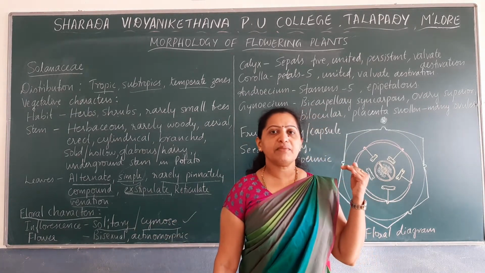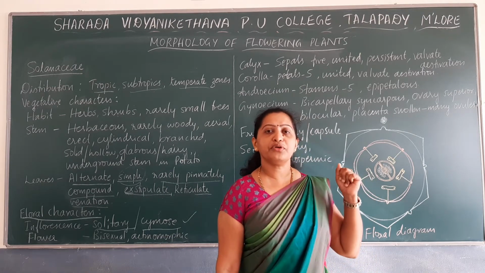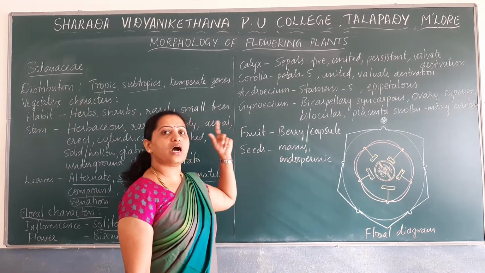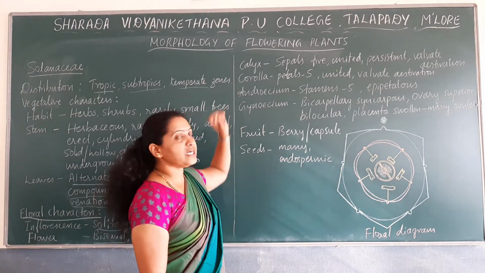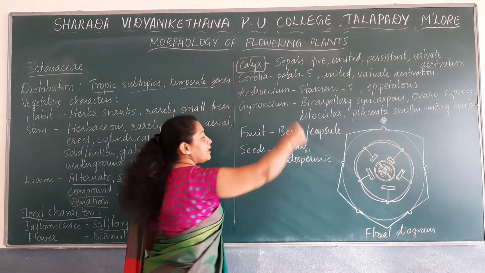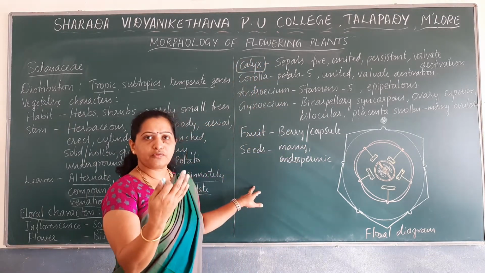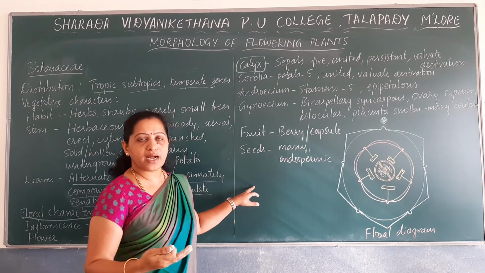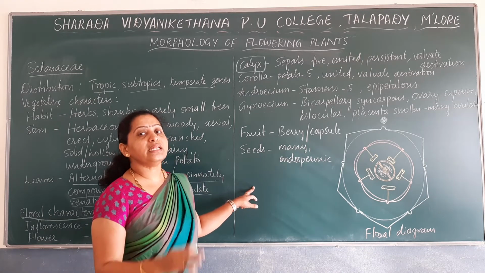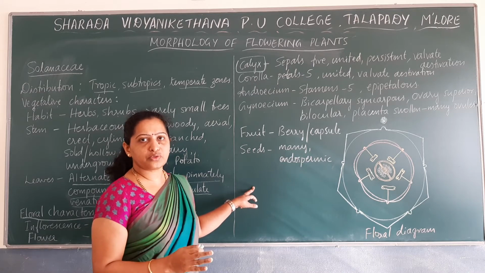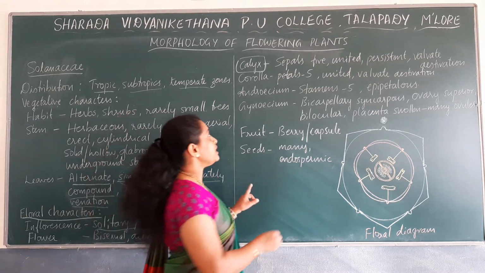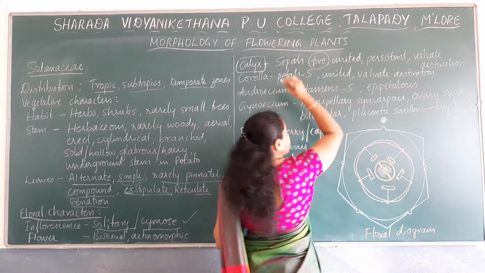So after describing the inflorescence and the flower, we have to describe each whorl of a flower. First we will note down the outermost whorl of a flower. You know that the outermost whorl of a flower is known as calyx. So observe the flower of chili plant or tomato plant and note down how many sepals are present. Usually the members of family Solanaceae have flowers with 5 sepals in their calyx.